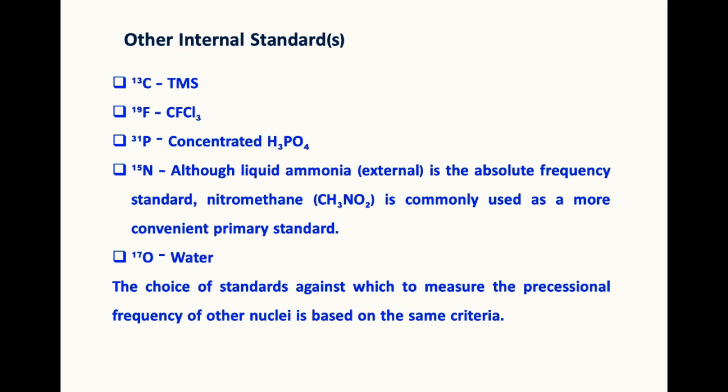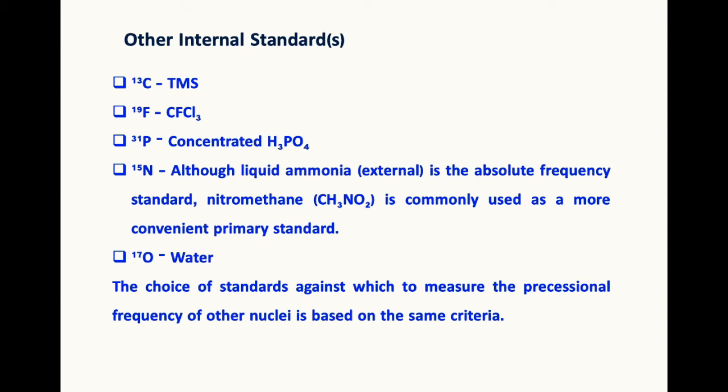There are several internal standards or reference materials available commercially to record the NMR spectrum of unknown compounds. What kind of internal standard or reference material you have to take depends upon what kind of nuclei you are really interested in. As I just mentioned, for proton, TMS is extremely good and it will serve as an internal standard. Similarly, for 13C, again tetramethylsilane is a good internal standard.